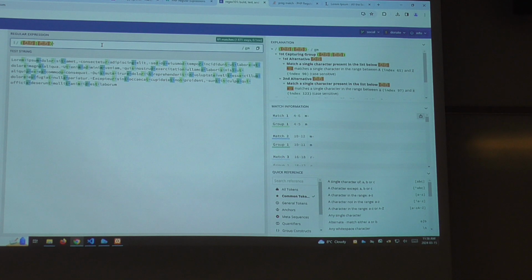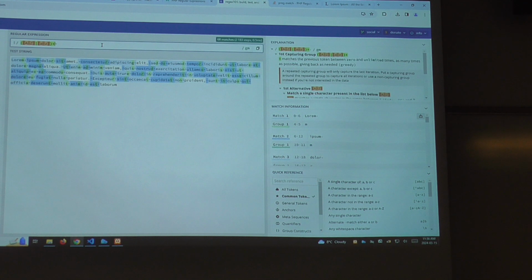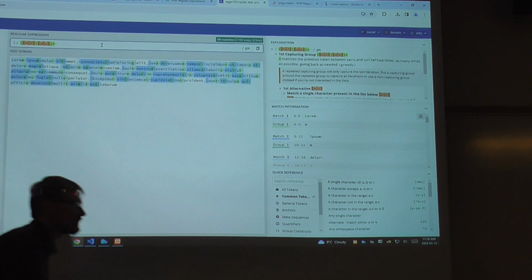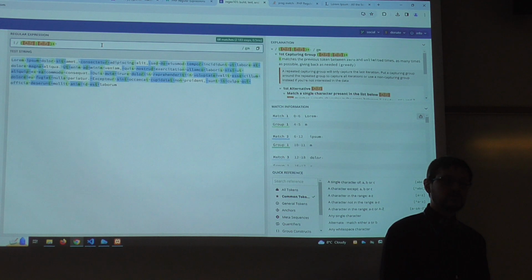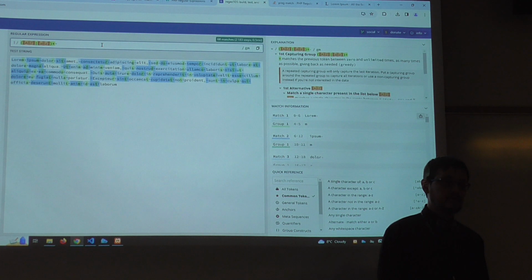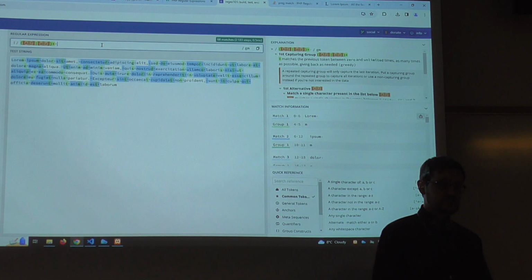If I say any number of upper or lowercase letters and then a space, you can see I've grabbed everything except things ending in punctuation, right? So you could regex over a password to find out if there's an uppercase digit in it. But,